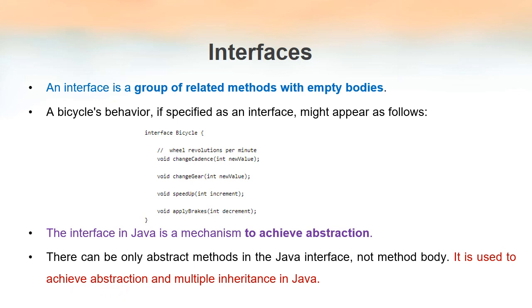We have learned that Java does not support multiple inheritance. Multiple inheritance is a situation in which one class tries to inherit more than one class at a time. That means a child class will have more than one parent at a time. That is not allowed in Java. In order to avoid that drawback, Java has introduced this feature that is known as interfaces. We just now defined an interface as a collection of abstract methods. That means none of the methods inside the interface will have their body.